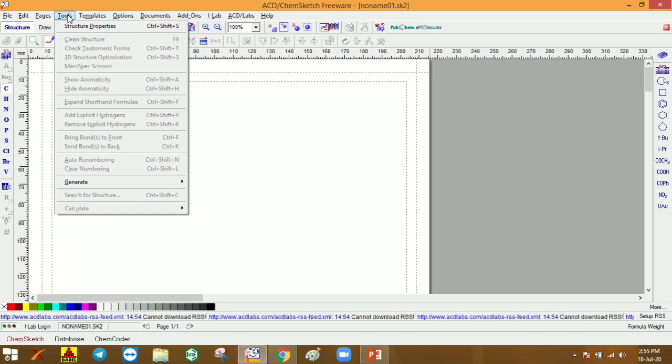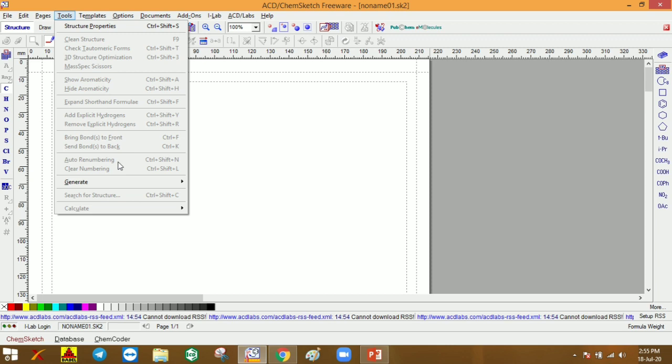In the Tools we can get the major information for our structures: structure properties, cleaning the structure into a clean manner, checking tautomeric forms, and 3D structure optimization, to see the 2D designed compound in 3D. We can also see or hide the aromaticity, and see auto renumbering.